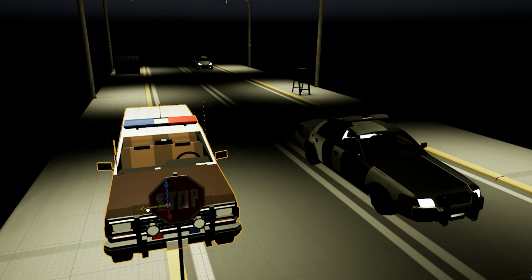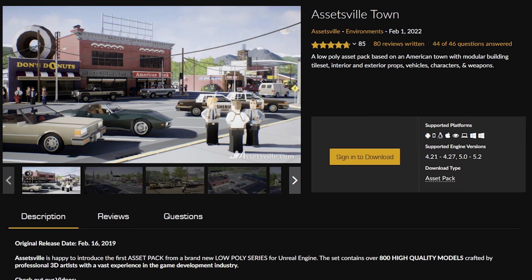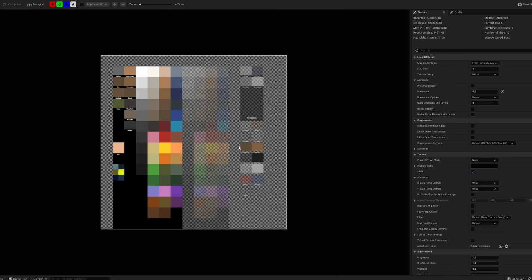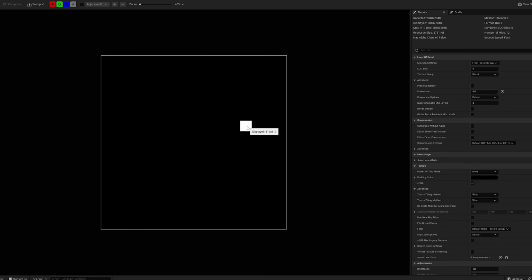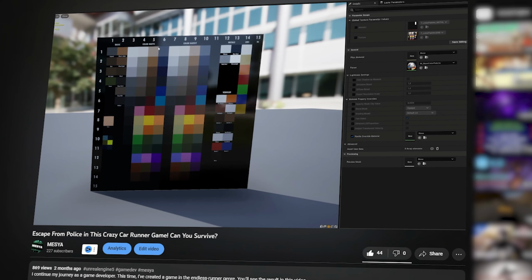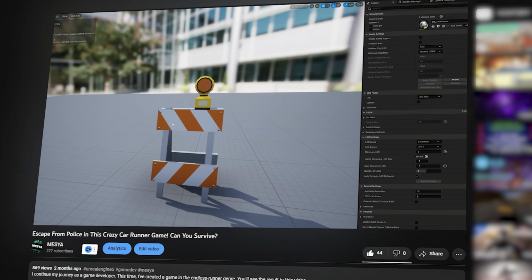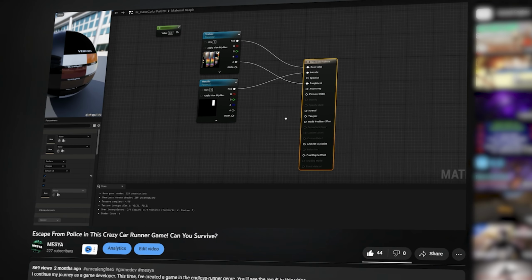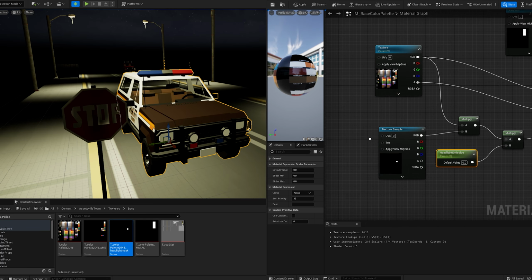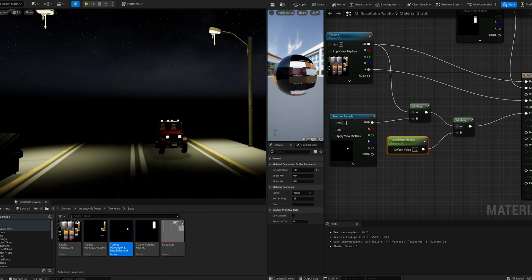As I understood, this is due to very complex materials that Android cannot handle. So I had to replace all the cars in the game with others, and I returned to this pack. In my previous video, I mentioned that there is one texture for everything and I don't understand how to interact with it. This pack uses such a texture for everything, and of course, I can probably somehow add a mask and use it to add a mask, but I don't know how to do that. So I had to figure it out, and now everything works as I needed it to.